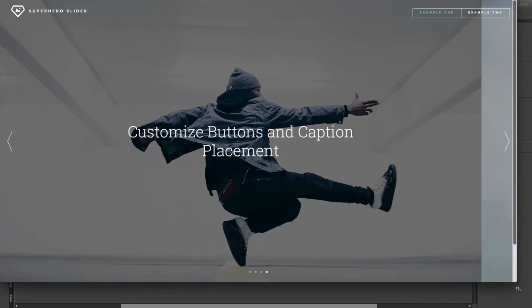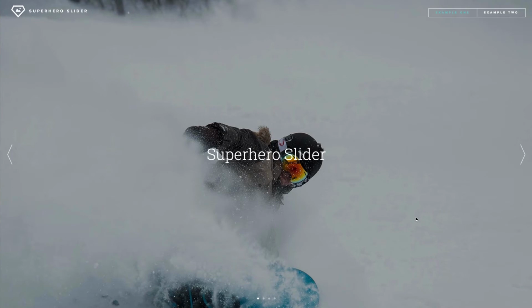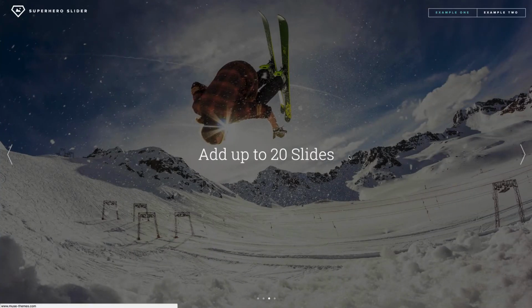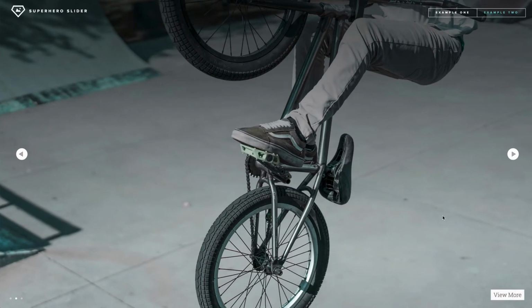So as you can see, our Superhero Slider takes all the functionality of the original Superhero widget, but just adding a slideshow. And there's a couple cool navigation features introduced here as well. Right here on example 1, we're using default arrows and a center positioning for the captions. But if I switch over to example 2, we can see the captions move down to the corner, and we now have custom arrows applied as well. So lots of customization options available here.